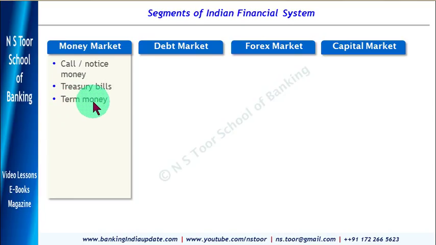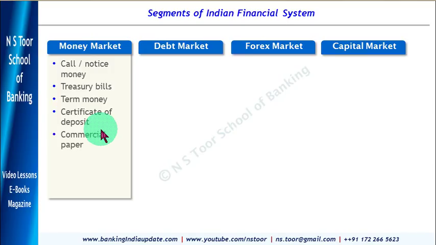Then term money. Term money is primarily borrowing and lending between banks for a period more than 14 days up to 1 year. Certificate of deposit. This is an instrument of borrowing by commercial banks for the purpose of large size deposits. So whenever banks want to take a large size deposit, they do not issue fixed deposit, rather they